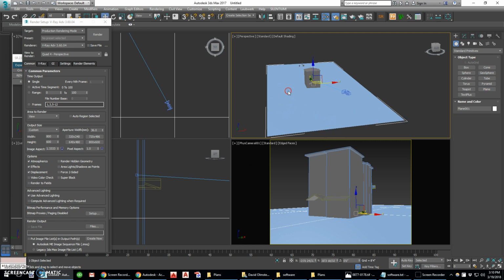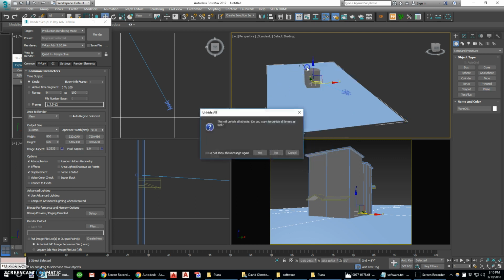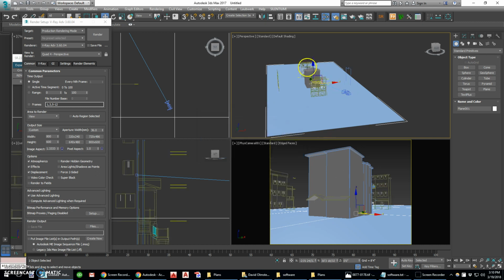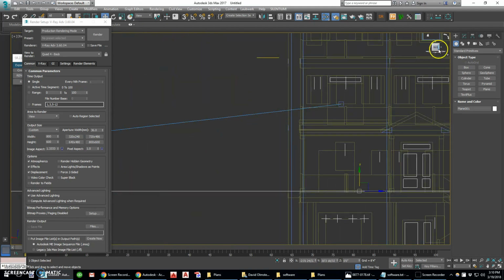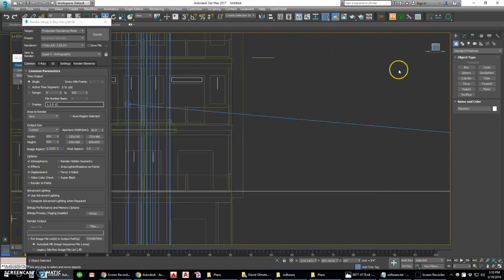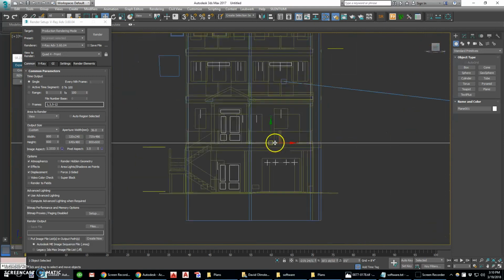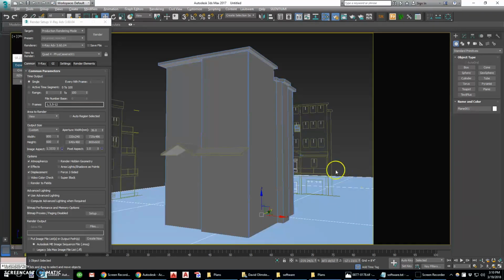I'm going to go ahead and right click in here and say unhide all, so I get that geometry, and I'm going to use that as a reference. I can also switch views with this little guy up here. I'm looking at the back. I want to look at the front, and I want to move that line down roughly to where my ground plane is. I probably don't want the ground plane to be blue, so I'm going to go back to